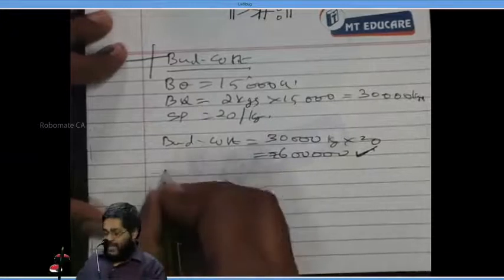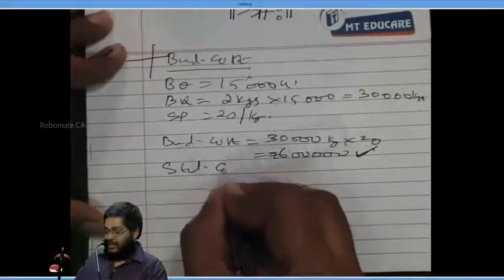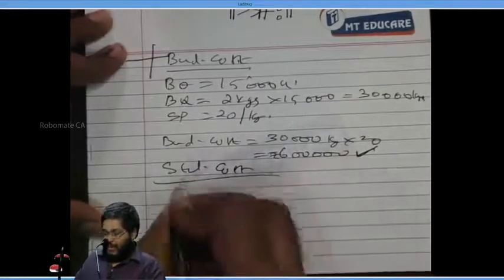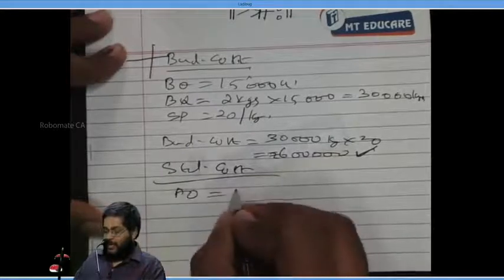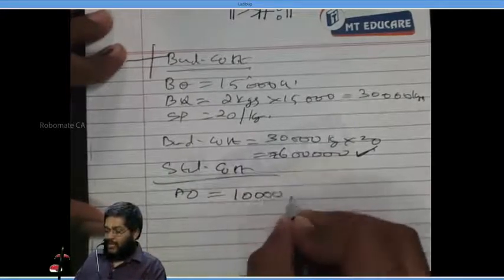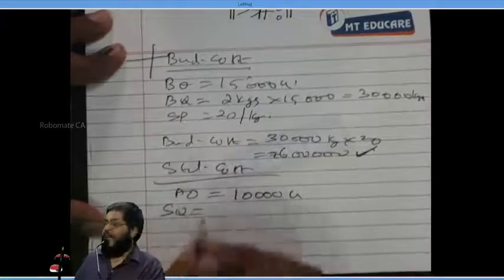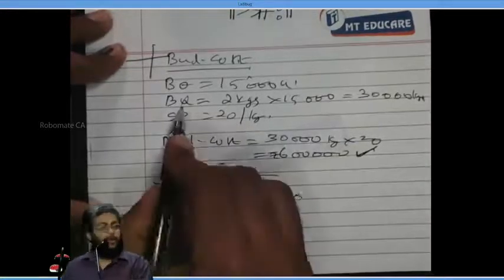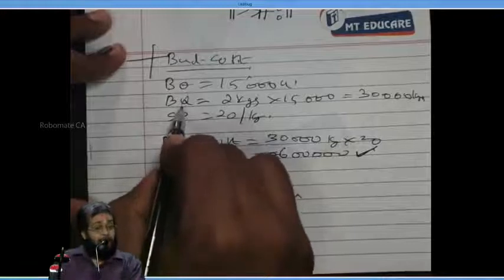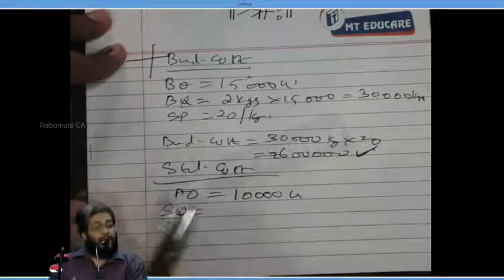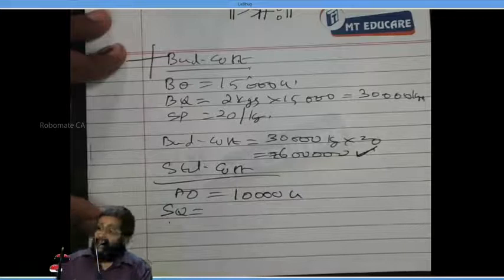Now, when I revise a budget, I call it what cost? Okay, can you tell me standard cost? What output? Actual output is equal to how many units? 10,000. Then I call this budgeted quantity the standard quantity. A budgeted quantity is the budgeted quantity for budgeted output. Standard quantity is the budgeted quantity for actual output.